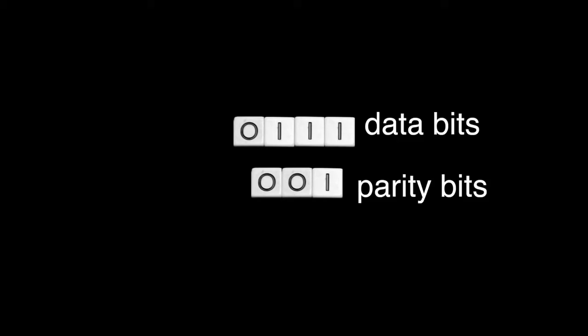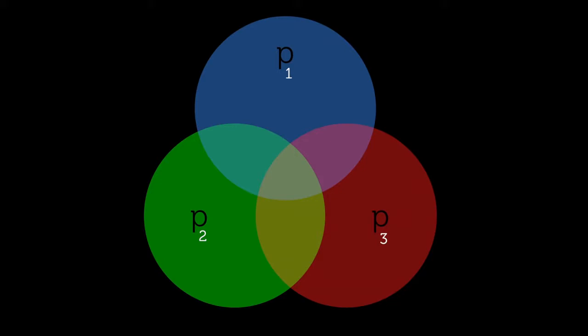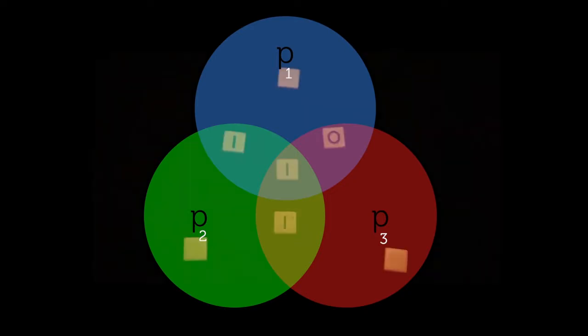However, to detect and correct single errors, Hamming needed to add more parity bits to identify the error location. This leads to his 7-4 code, which adds 3 parity bits to each block of 4 data bits as follows. First, we start with the 3 parity bits, which can be represented by a circle. Now, these circles intersect to produce 4 regions, and the 4 data bits are placed inside these regions in a